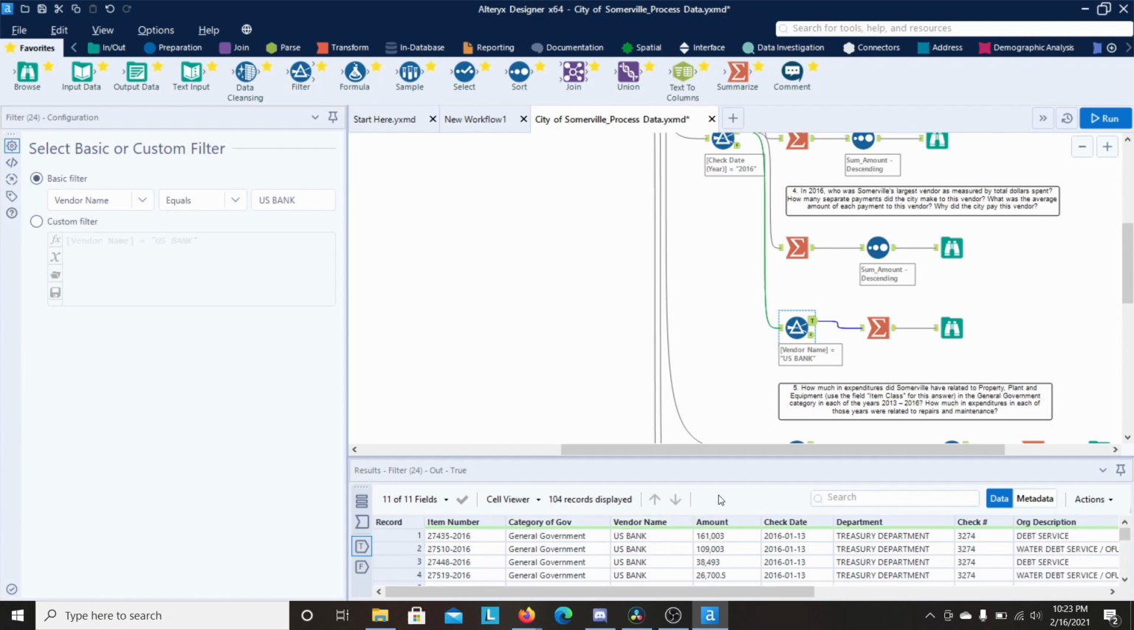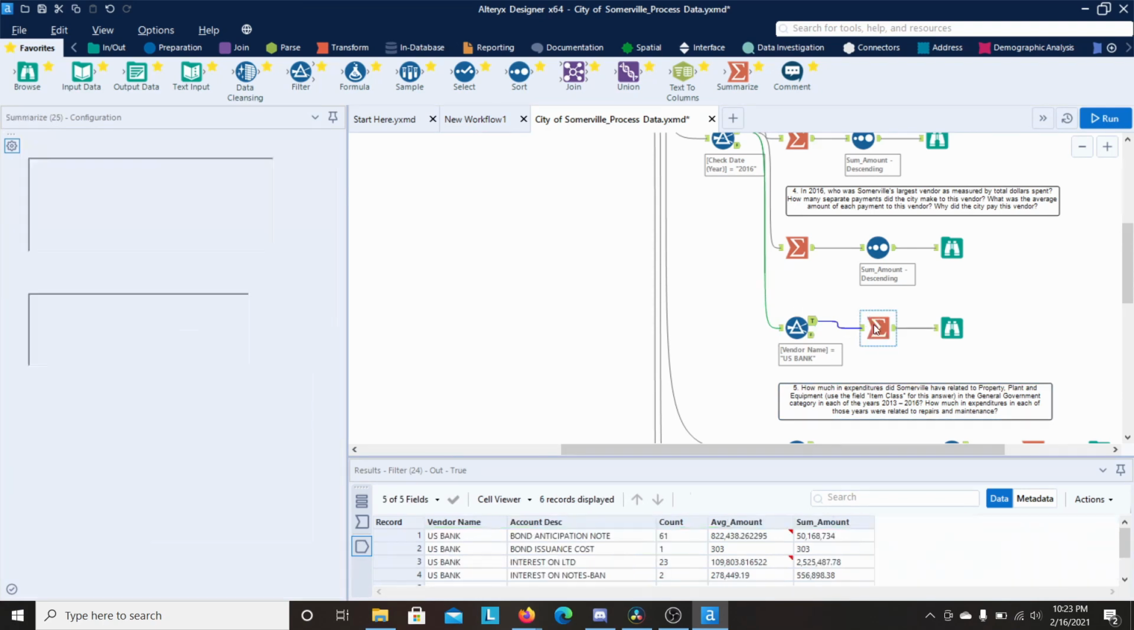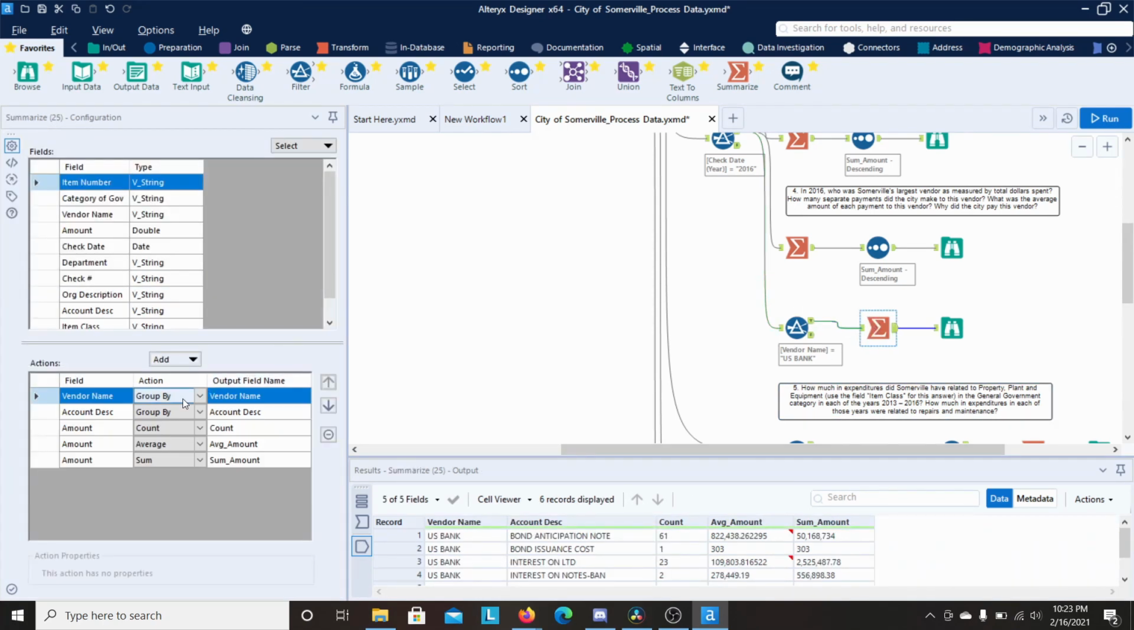And so what I want to do now is group by the vendor name, which I know should be all US Bank. I'm also going to grab the account description, because that's going to let me know what they're paying for, or what we're paying them for. And I'm also going to do the count amount, the average amount, and then the sum of the total amounts